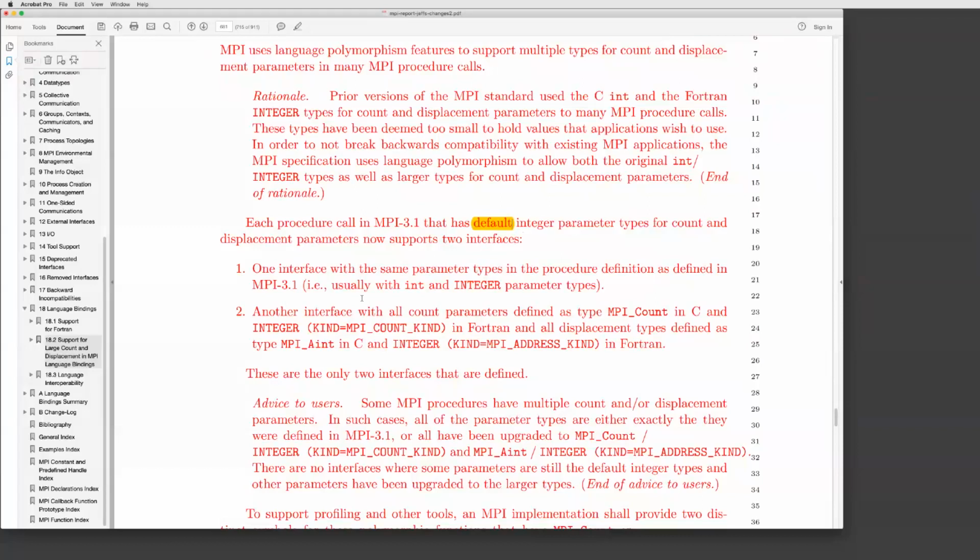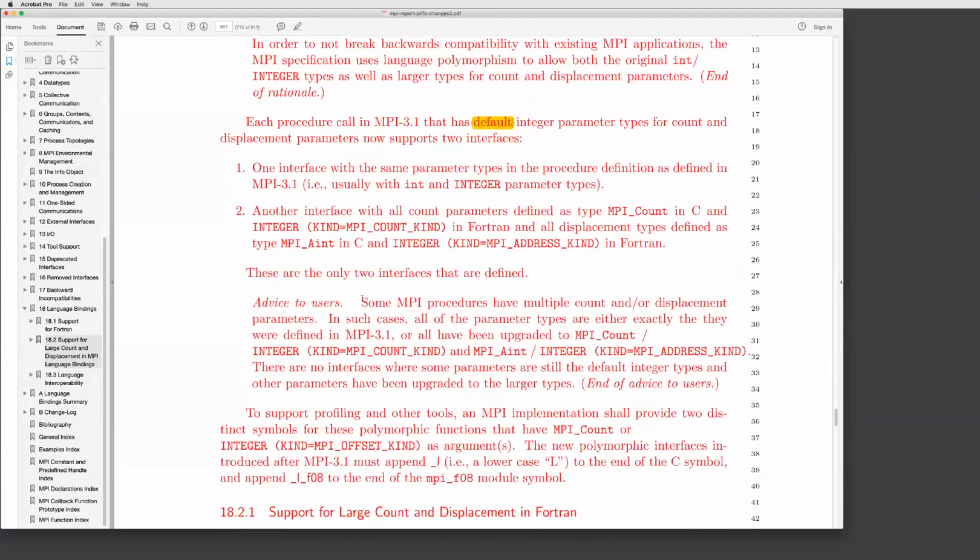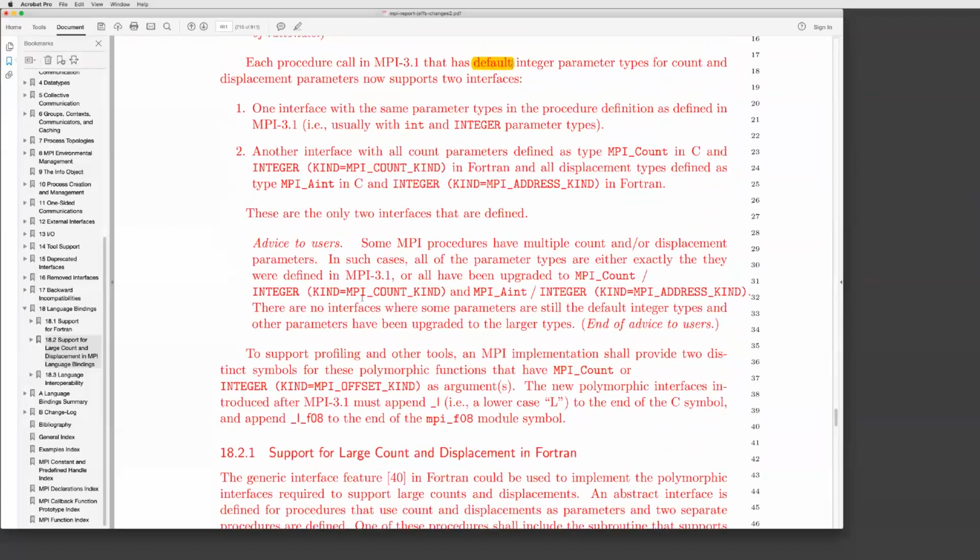Obviously, based on whatever we decide with the default case, we will probably add text to say what the default case is. That is to be done. And then there is a following advice to users. Some MPI procedures have multiple count and/or displacement parameters. In such cases, all of the parameter types are either exactly